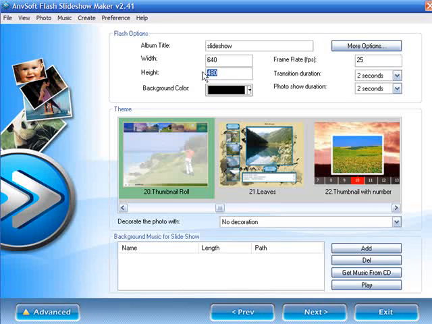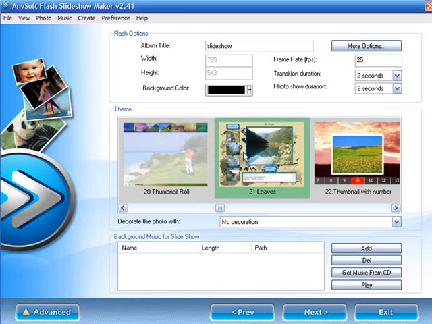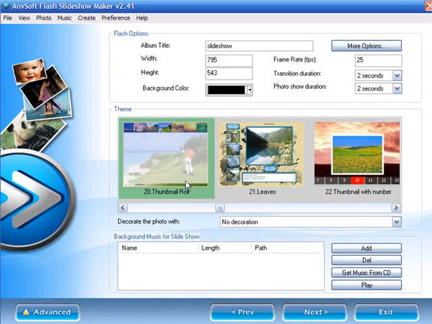Now, to keep it within the limitations of most web browsers, some people are still browsing very slowly, some people are still using web browsers that are at 800 by 600 resolution. So you don't want your resolution real high unless you're catering to high-end people, people who are familiar with the internet and things. So 640 by 480 is pretty standard. That's pretty good. You could also do it like this, but let's just stick with the thumbnail roll here,